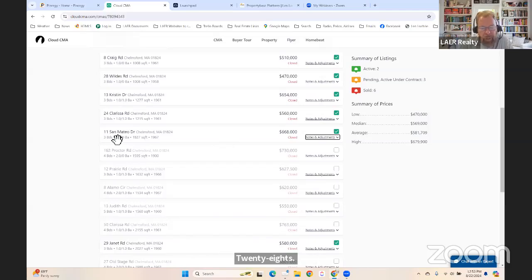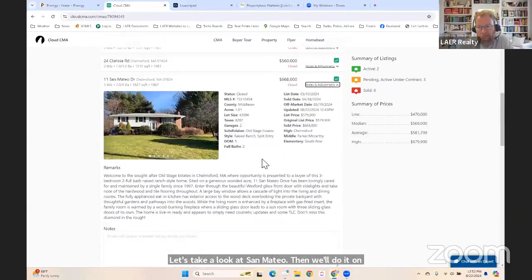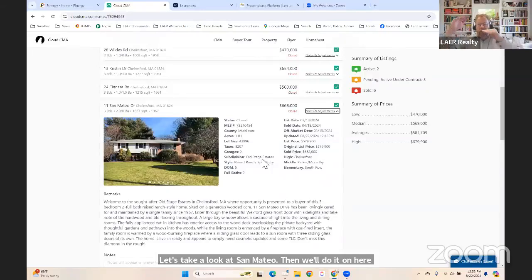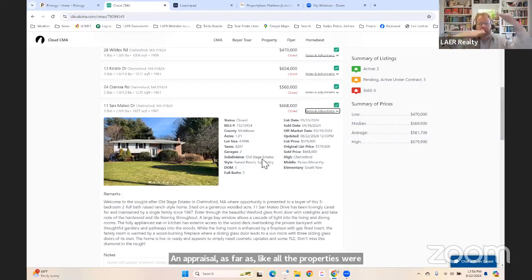Let's take a look at San Mateo then. We'll do it on here. You can make adjustments, and you're just trying to bring up or bring down the other property so that it kind of equals out with your subject property. So you're not doing an appraisal as far as, oh, the property is worth such and such, right? What you're doing is trying to equalize the properties for market value, and so you may want